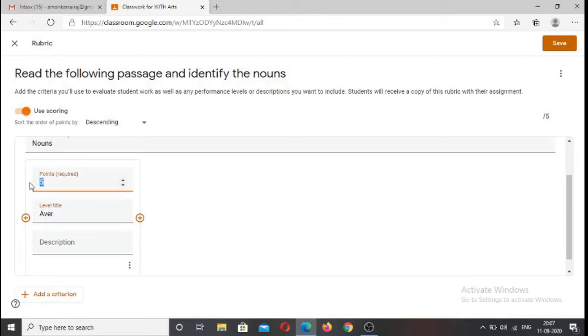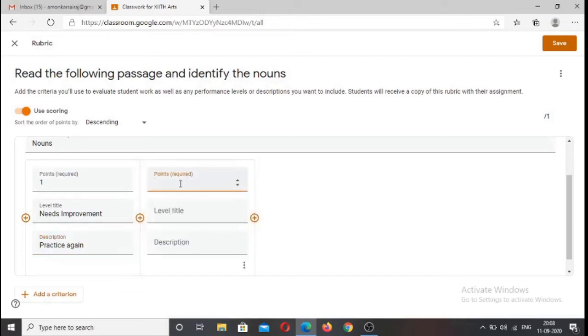If I say if the student scores say 1, it is needs improvement, and I would suggest he should practice again.